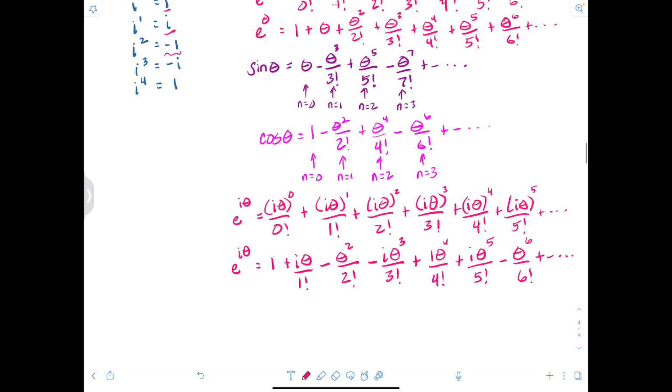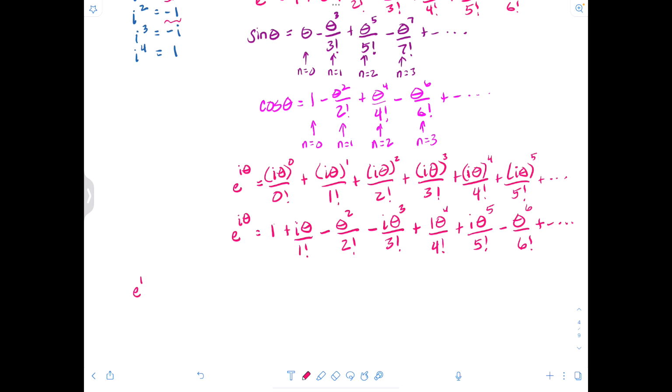So let's rewrite this power series with the real terms together and the imaginary terms together. So what you'll see, it's really cool, is that you'll get 1 minus theta squared over 2 factorial plus theta to the 4th over 4 factorial, minus theta to the 6 over 6 factorial plus minus dot dot dot, and so that's one of them,